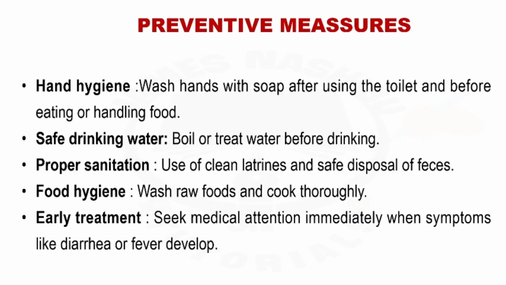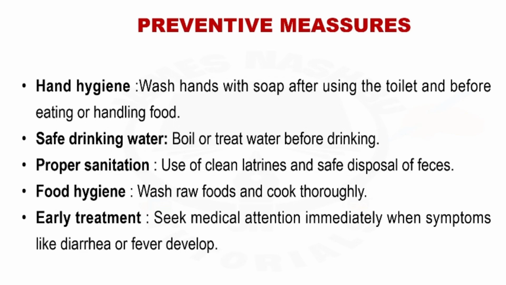Apart from that, you have to do safe water drinking. You have to make sure that the water you are drinking is properly treated. It can be treated with chlorine, or by boiling the water, or by filtration. Any means that you can use to treat water, maybe filtration or boiling. But the most effective way of water treatment is chlorine. Make sure that you add the chlorine.